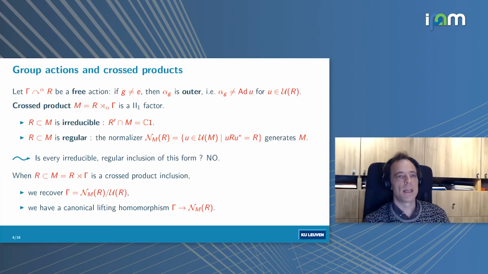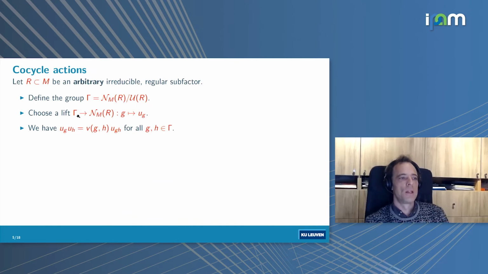Now that's what's lacking in the general setup. So if you take an arbitrary irreducible and regular subfactor, so relative commutant trivial and the normalizer generating everything, we can still define this quotient group. And then you can choose a lift from the group back to the normalizer. But the only point is that, of course, there is no guarantee at all that you can choose this lift as a homomorphism. So we will have that u_g u_h need not be u_{gh}, but it will only differ by a unitary in R,